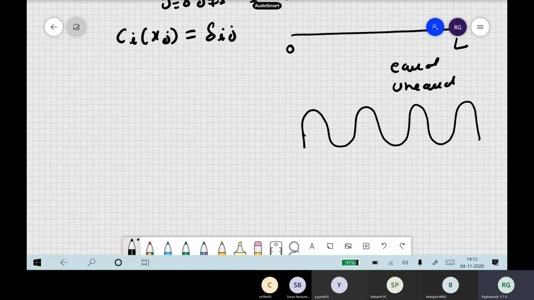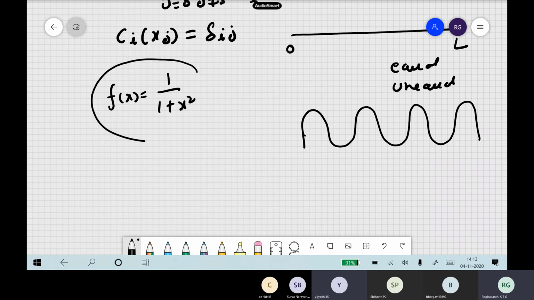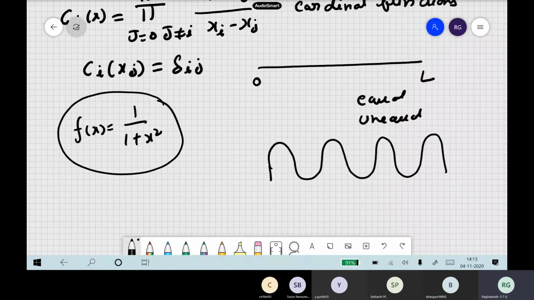Then what type of spacing? I think last class I told you. What is that famous problem? Runge's problem, which is anyway the probability density from Cauchy's distribution itself. This is a very famous problem which shows that equal spacing doesn't work at the endpoints. The errors will be more.